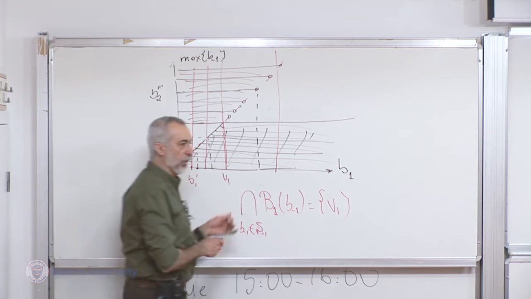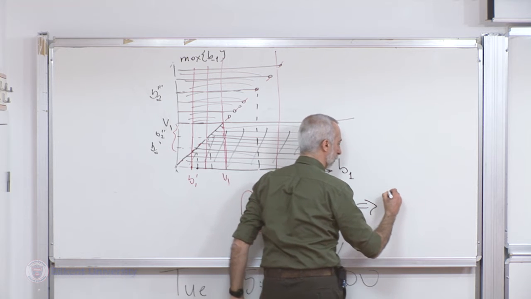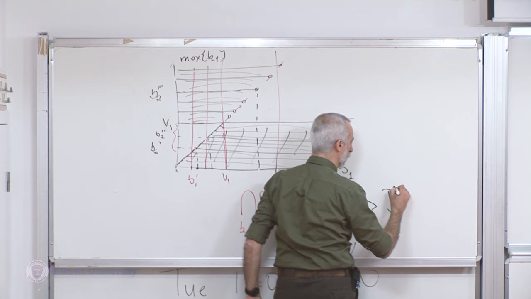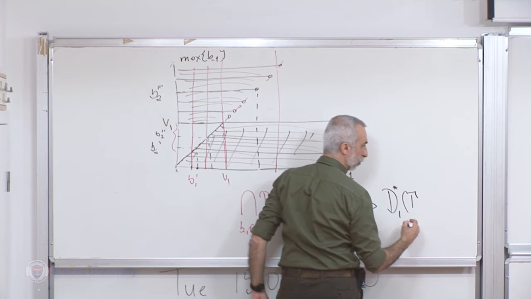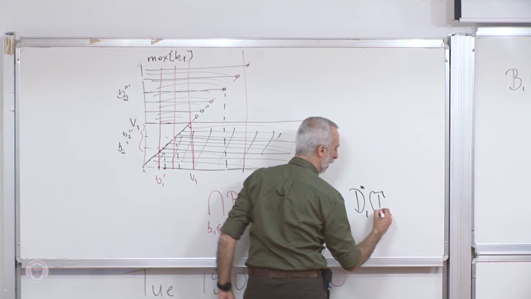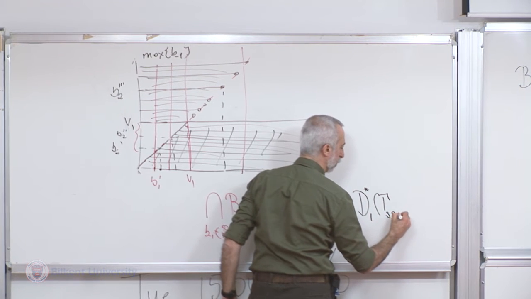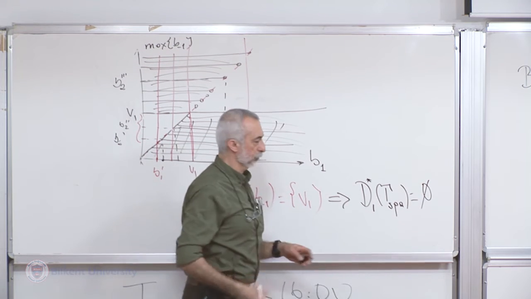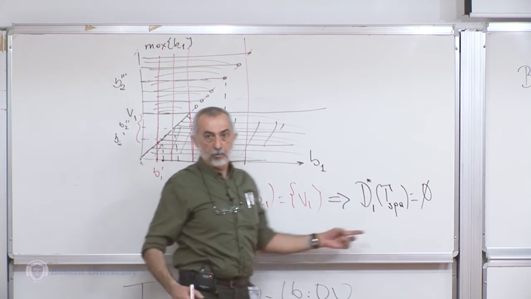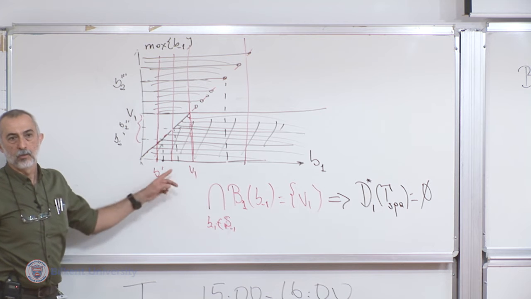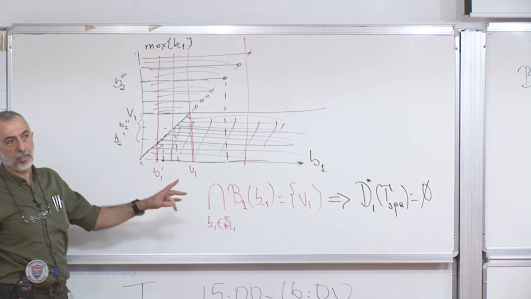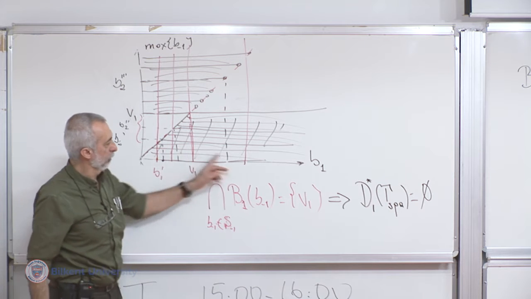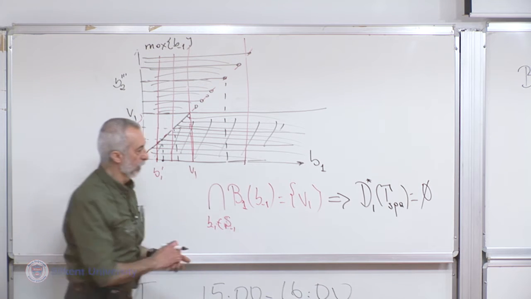Okay, so from here, we conclude two things. D1 star of gamma, for the second price seal bid auction, I'm going to use the symbol gamma, S for second, P for price, A for auction. Player one does not have a strictly dominant strategy in this game because, remember, for strict dominance, we need to have a single strategy which is always the only best response. That's not the case. Many strategies are best responses. And